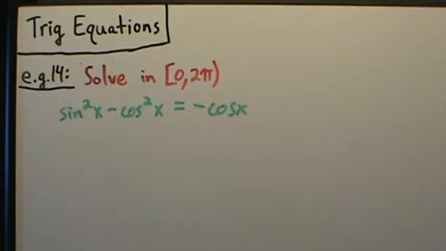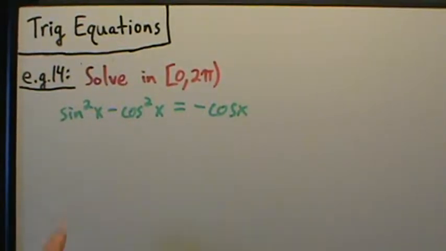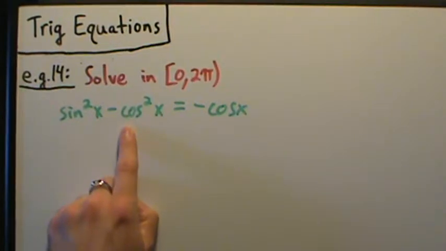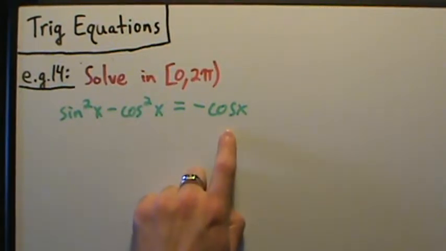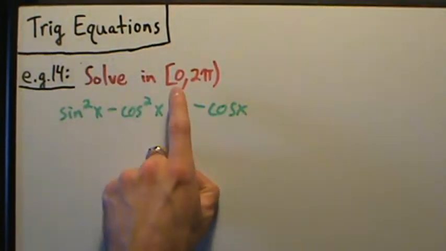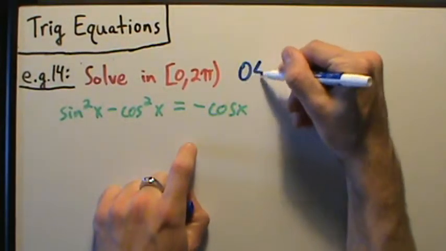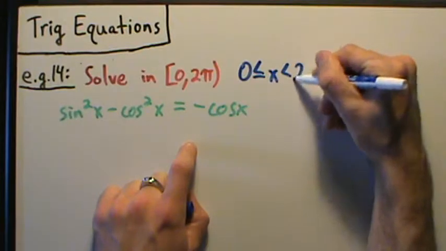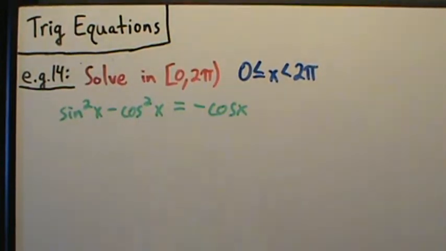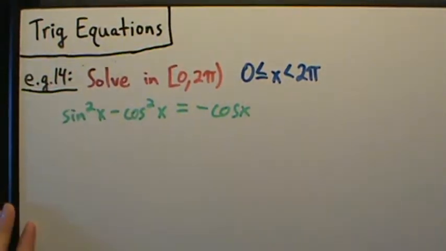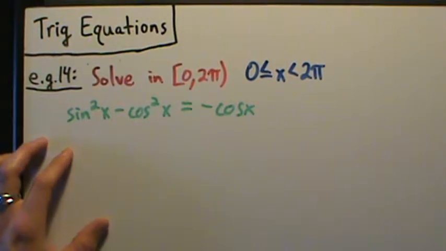Here's example 14 of solving trig equations. So here we have sine squared of x minus cosine squared of x equals negative cosine of x. And we're solving this in the interval 0 to 2 pi. So again, what that just means is 0 is less than or equal to x, which is strictly less than 2 pi. Okay. So this one's a little more complicated than the previous example because now we have sine squared